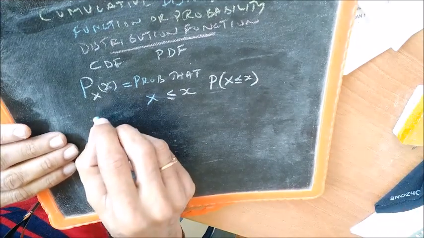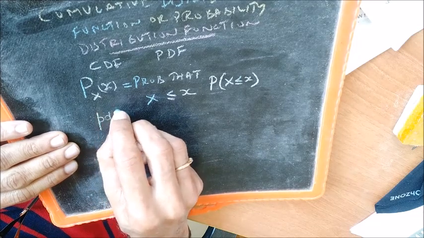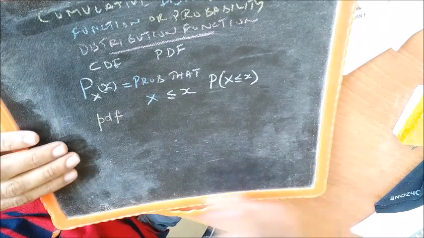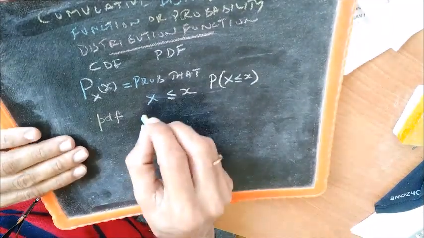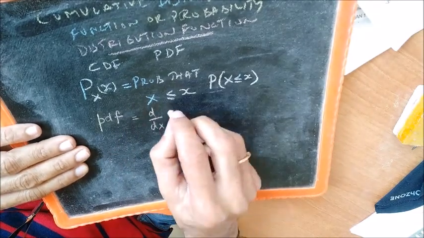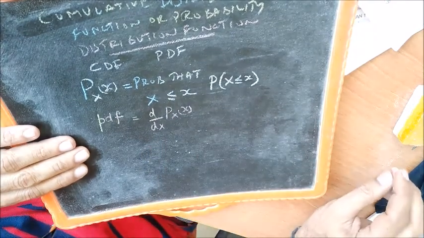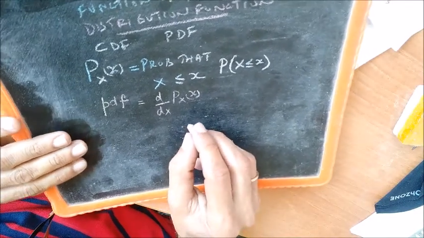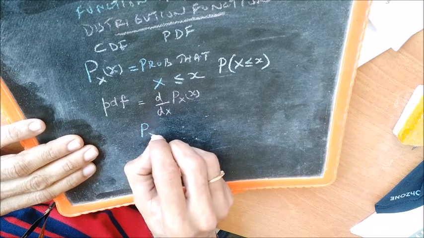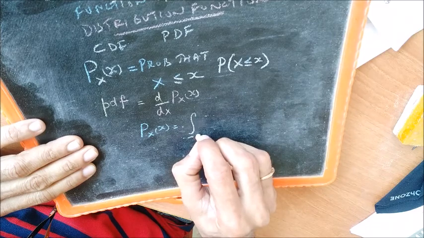Now, there is a probability density function, which we usually express as lowercase pdf, probability density function, and it is defined as the derivative of the probability distribution function. Now, that being the case, using simple calculus, it can be shown that